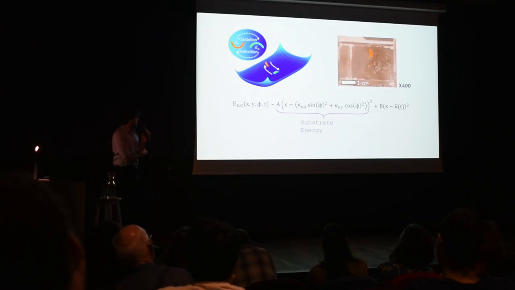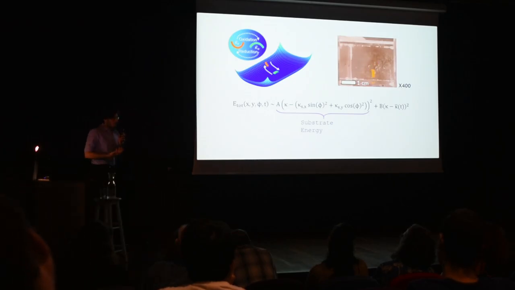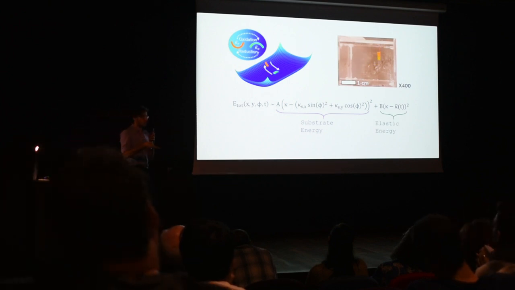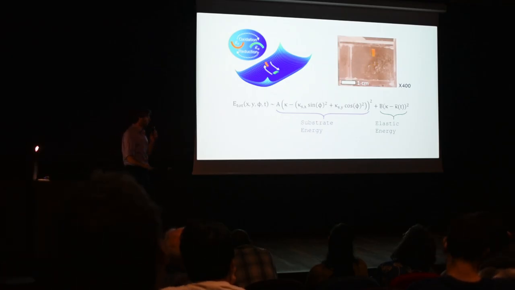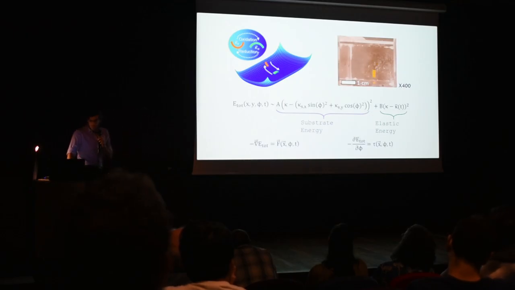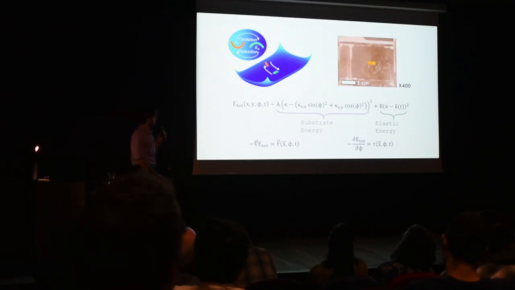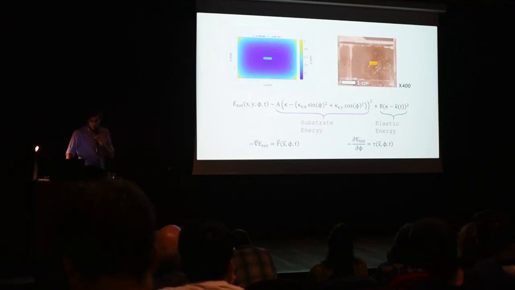One of them is the energy associated with the deformation of the substrate, because when you have this gel, it pulls up some water and deforms the surface. The other one has to do with the elastic energy of the gel itself, because when it pulls some water, the water wants to pull it back and bend it. This also costs energy. By using this expression, we can calculate the forces and the torques that act on this sheet, this strip in this case, and we can use it to